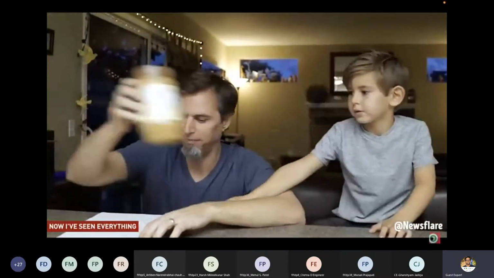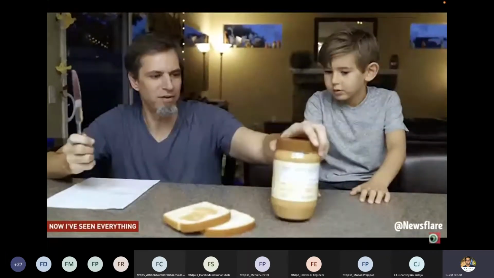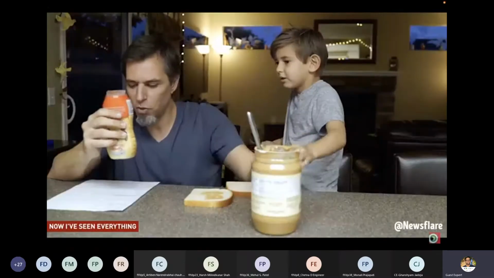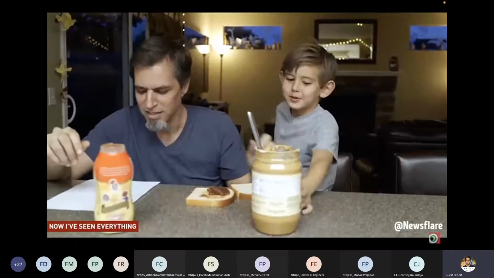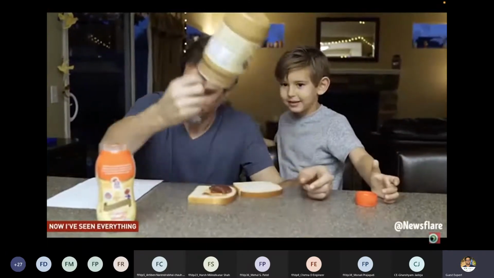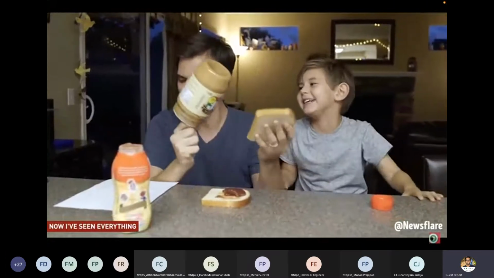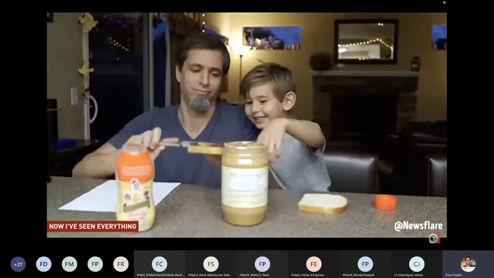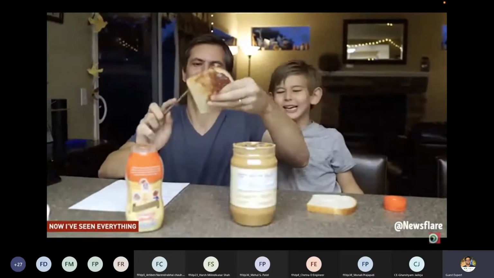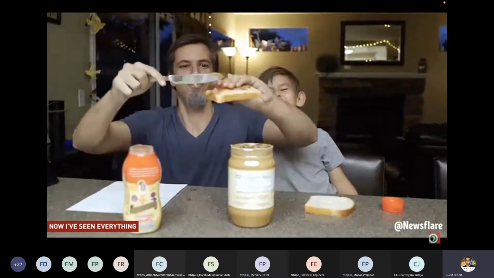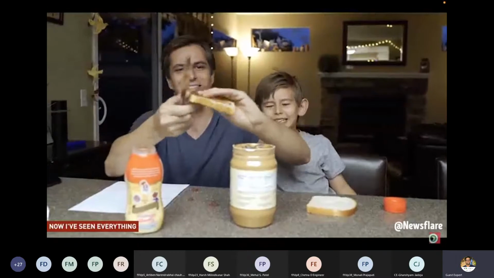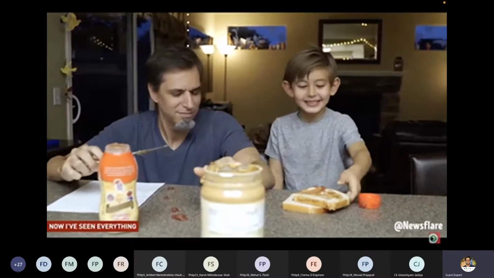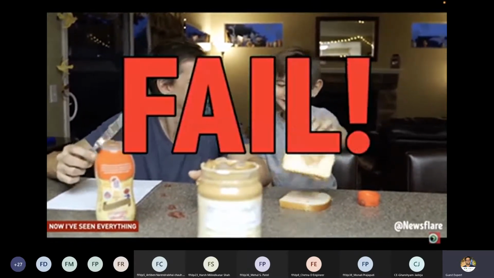Get 2 pieces of bread. Get some peanut butter. Take the peanut butter knife. Open the peanut butter. Put the knife in the PB. Get some jelly. Open the jelly. No. Squirt the jelly onto the bread. Take the butter knife with the peanut butter on it. Wipe it all over the piece of bread that's blank. Take the butter knife. Rub the jelly all over the bread. Oh, he's doing better. That's all over. Put the 2 pieces on top of each other. This is how I meant.